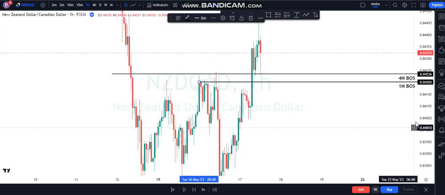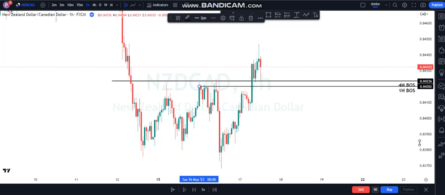So what I'm trying to say is that you should be aware that all time frames should break this structure. I mean all, 1 hour time frame, also 4 hour time frame. We should break the structure before we proceed. So if you see 4 hour broken the structure, you should wait for 1 hour to break the structure